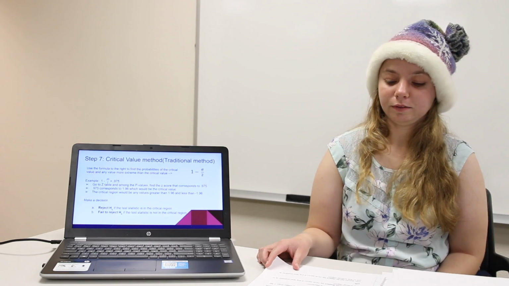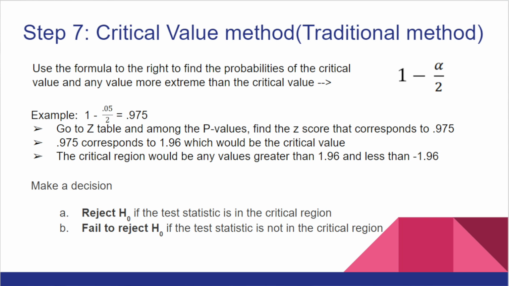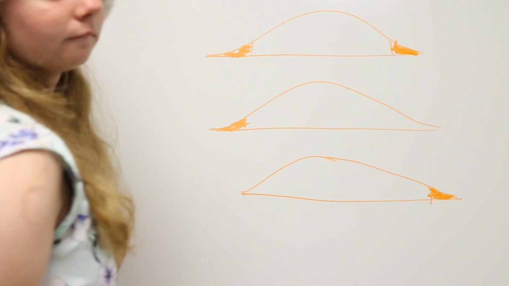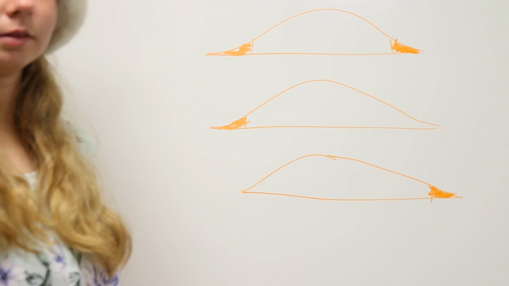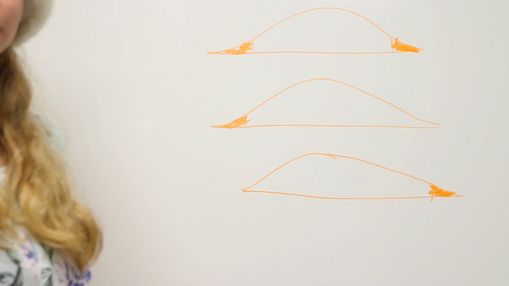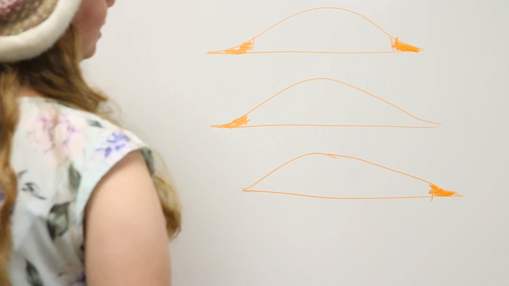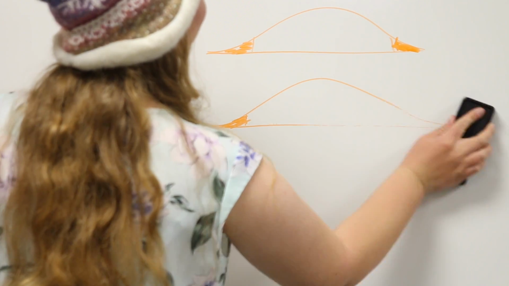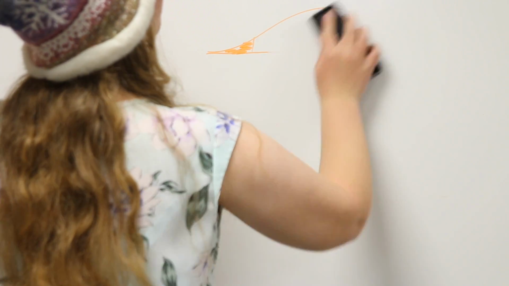For the critical value method, also known as the traditional method, use the formula to find the probabilities of the critical value and any values more extreme than the critical value. That formula would be 1 minus alpha divided by 2. For example, if our significance level is 0.05, you would divide 0.05 by 2 and subtract it from 1, which would equal